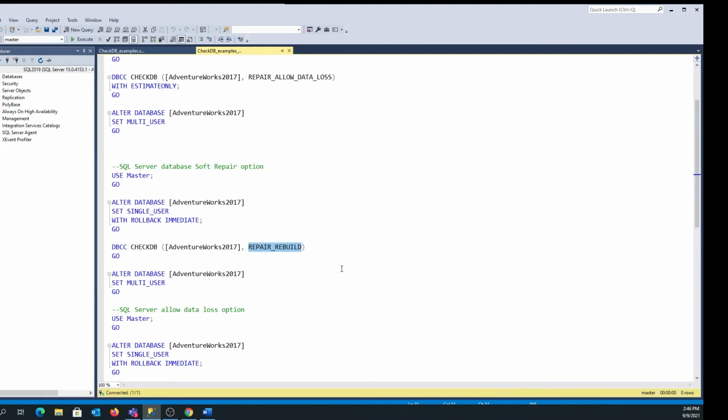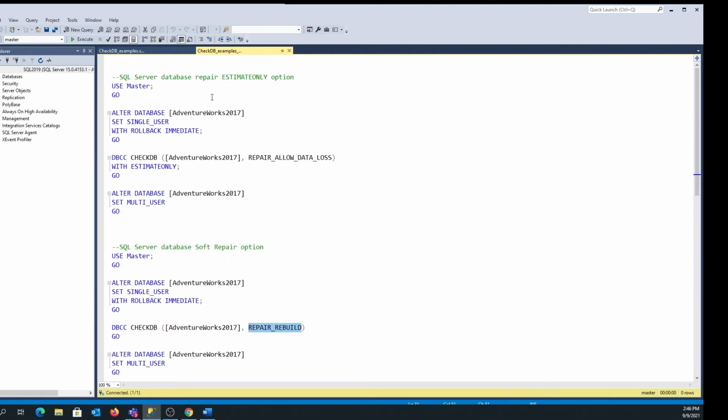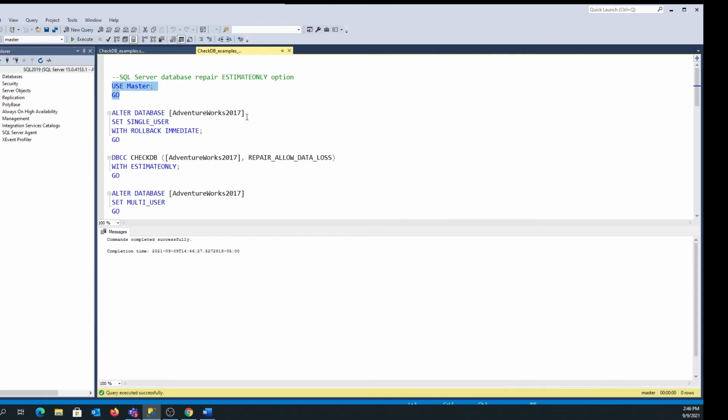So the way this command is laid out, we'll be using the context of the master database. Whenever we do something like this, we must put the database in single user mode in order to allow a repair operation. So in this case, we'll run that. Now, we have the option here of estimate only.